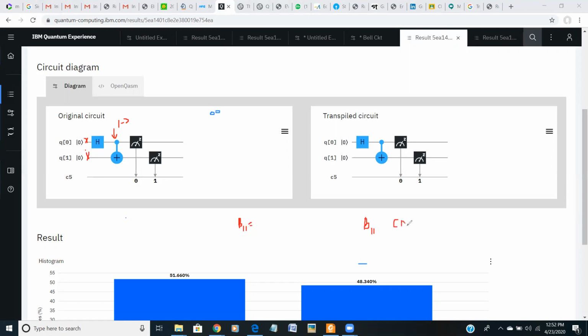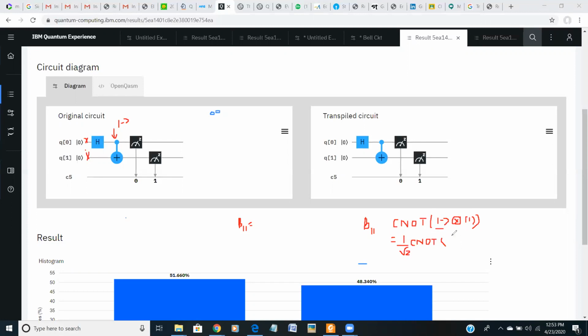C naught of minus tensor product one. Plus means 0 plus 1, root 2 I have taken as common.